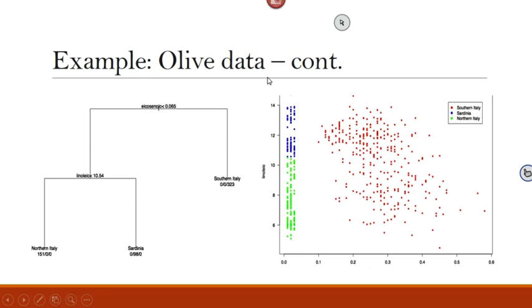The same goes for the olive oil data: based off the measurements of the contents of the olive oil, we can determine where this olive oil originated from, in which area or region in Italy,